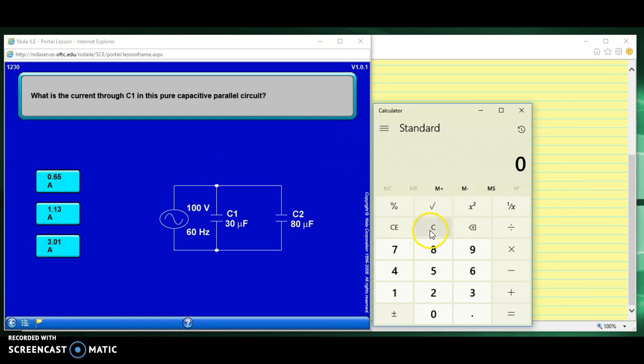So let's do 2 times 3.14, which is pi, times F, which is 60, times C1, which is 30 microfarad, 0.023430 equals. Remember, we have an X of C1 right here that is equal to